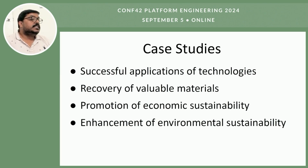To see how these technologies work in practice, let's look at some real world examples. In one case study, a recycling facility used AI-driven robots to disassemble old smartphones. The robots were equipped with additional vision systems and machine learning algorithms that allowed them to identify and remove valuable components such as processors, memory chips, and batteries with great precision. This led to a 40% increase in the recovery of valuable materials, which were then sold back to manufacturers for